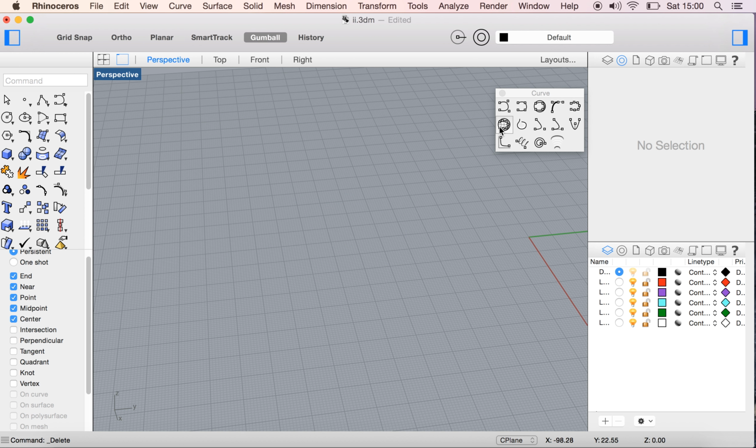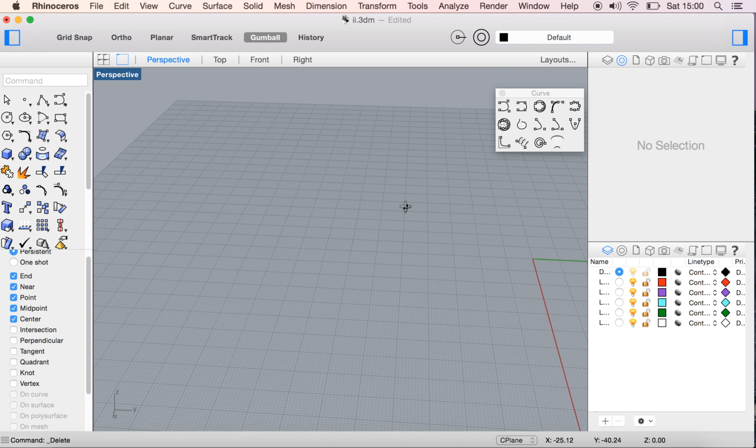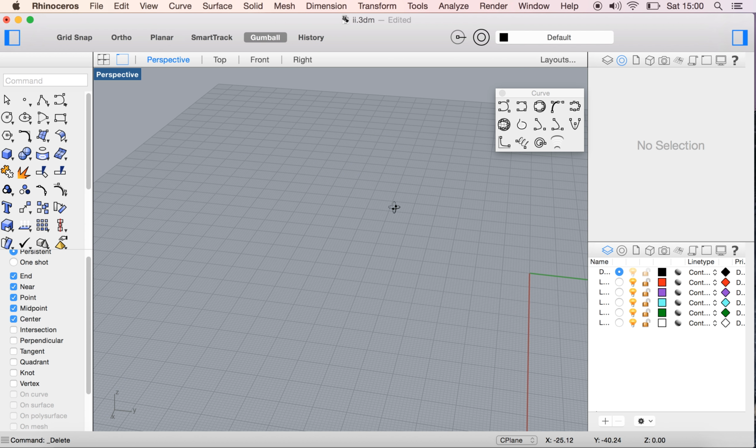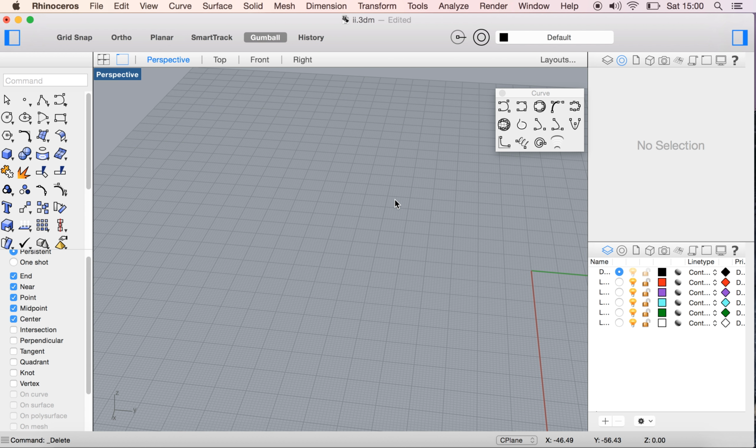Okay, the fourth one. So this is to sketch on a 3D object. So you could use this if you made a sphere or a box or whatever, something like this. It's the same as what I showed, like you make a 3D object or you make a wall or whatever, and let's say you want to make a curve on top of it, but instead of that you can sketch your curve. So if you're just dealing with a 3D object or a surface and you want to make a curve and you want to sketch on it,